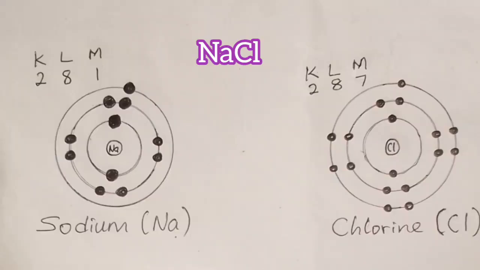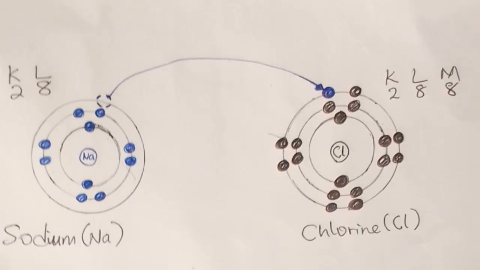In sodium chloride, your popular table salt, you see that sodium has 1 electron in its outermost shell. So for it to have 8 electrons remaining, it has to give out that 1 electron from the outermost shell. But look at chlorine over there. Chlorine needs just 1 to complete 8 electrons. So it has to accept that 1 electron from sodium to make 8 electrons. So sodium donates that 1 electron and has 8 in its outermost shell, because the third shell does not have any electron again, but it has given it out. So it is 8 in the outermost shell, and then chlorine accepts that electron to also have 8